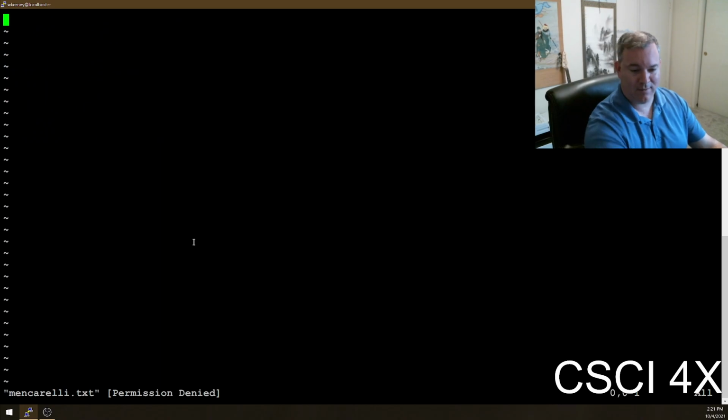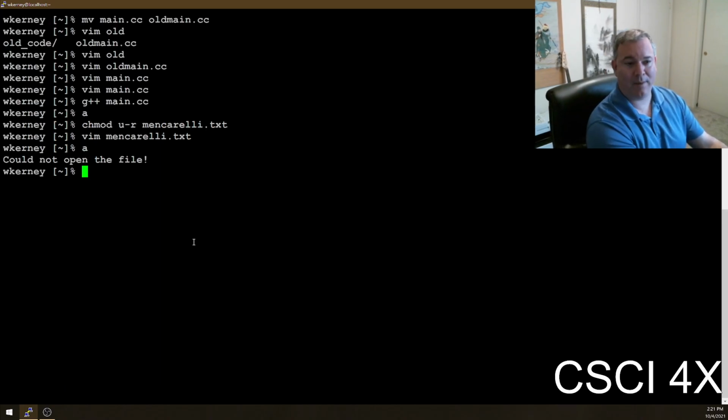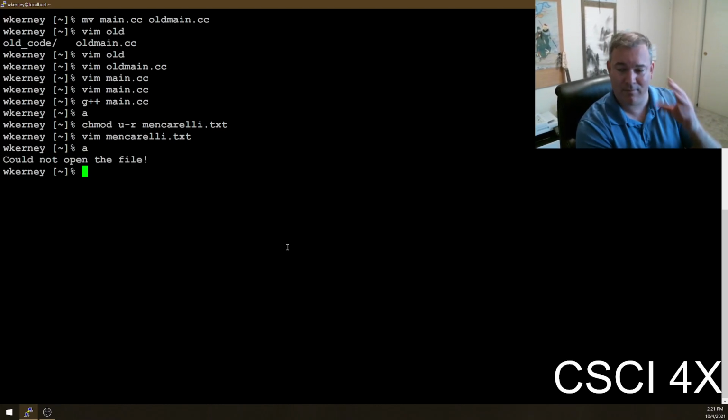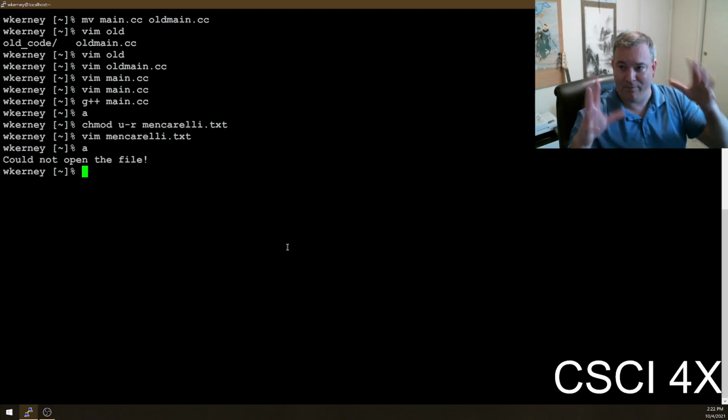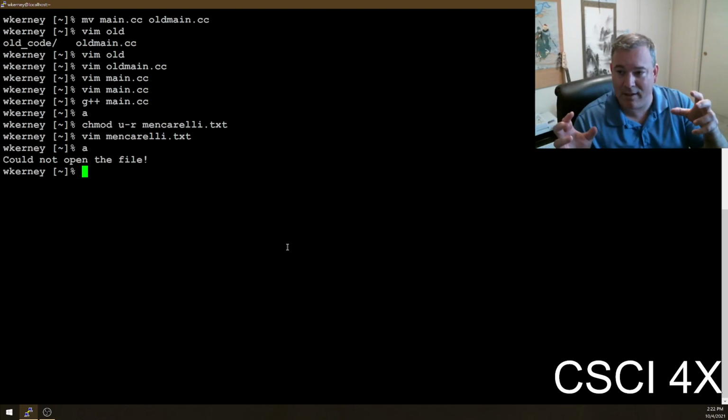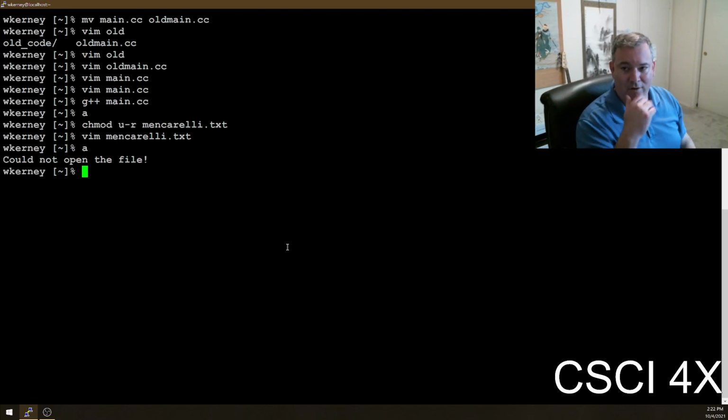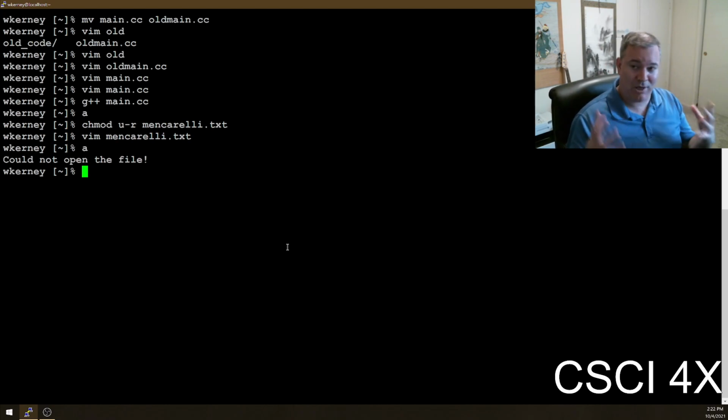If I try opening it in Vim, I get a permission denied error. And if I run my program now, it says could not open the file, even though the program knows the file's there. It tries opening it and an error occurs. Anytime you work with files, you should always make sure that the file opening was successful, because your permissions can get broken.